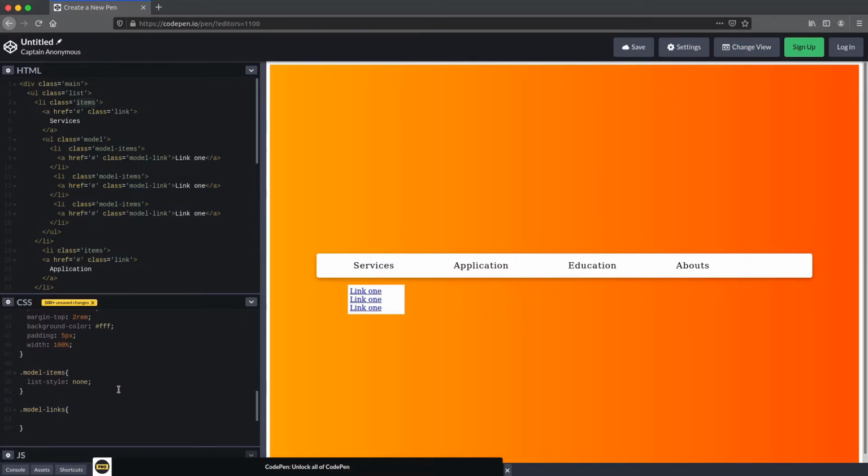And on model items I want to give padding from the left, how about 3 pixels. Okay, slightly increase. Okay, it now looks good. Also provide padding like 5 pixels from top, bottom, left and right.